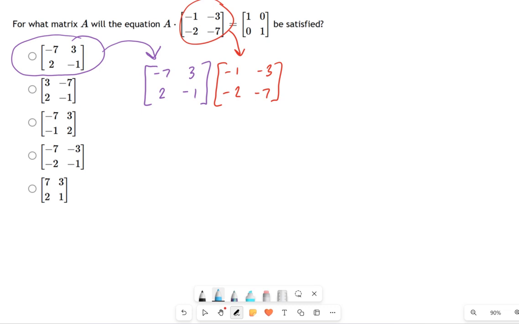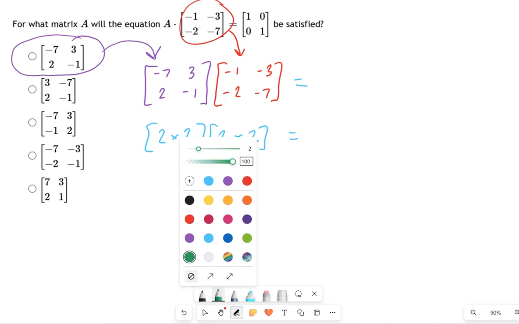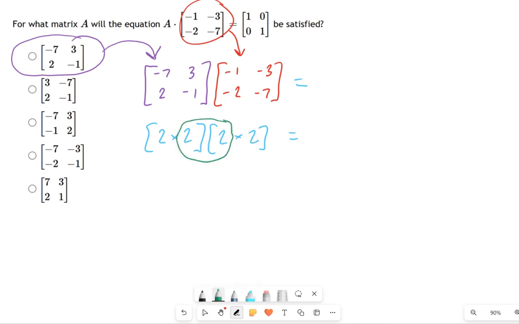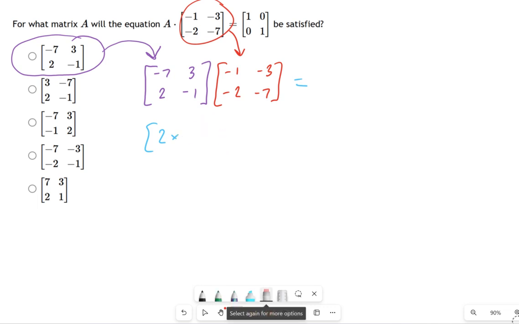So I'm going to show you first how to do some multiplications using matrices. These two matrices multiply together since they're both 2 by 2s. Remember this little trick? If you have a 2 by 2 matrix and a 2 by 2 matrix, and you want to know the dimensionality of the product, what you do is you take the matching numbers that are right next to each other and sort of wipe those out, and the result is a 2 by 2. Okay, so that's one way to check that the dimensionality makes sense, and sometimes a test will ask you a question that's just completely wrong because the dimensionality doesn't work.